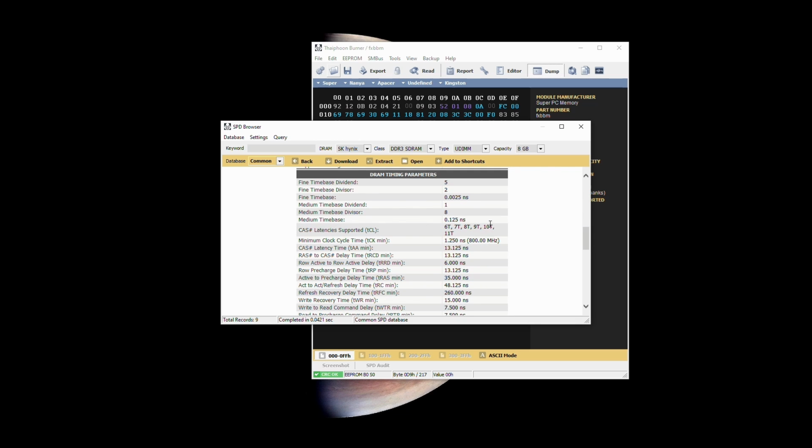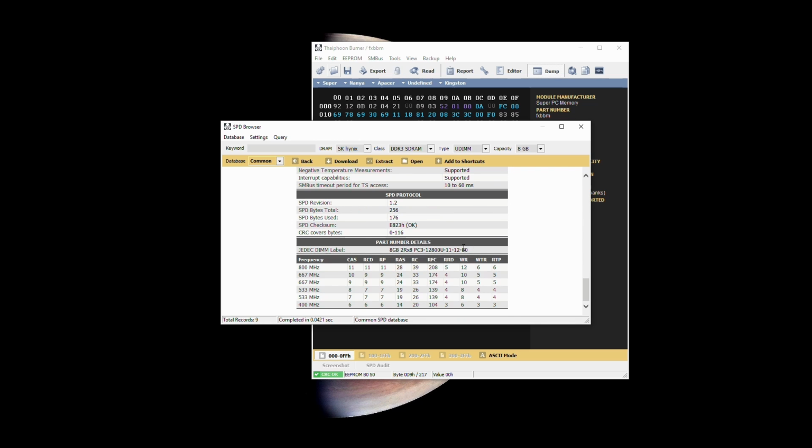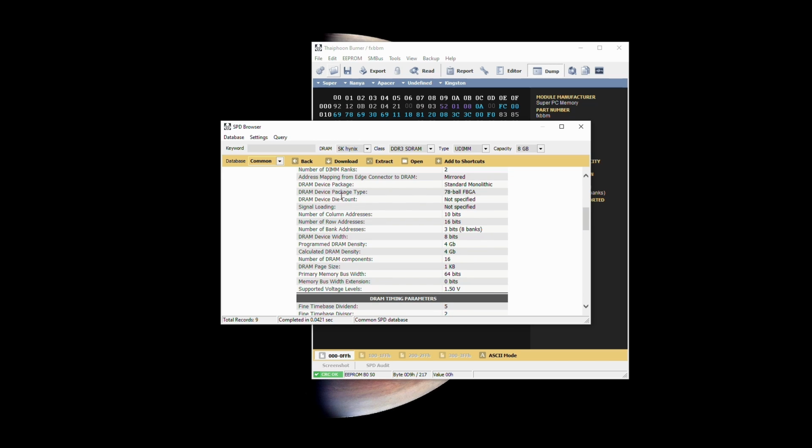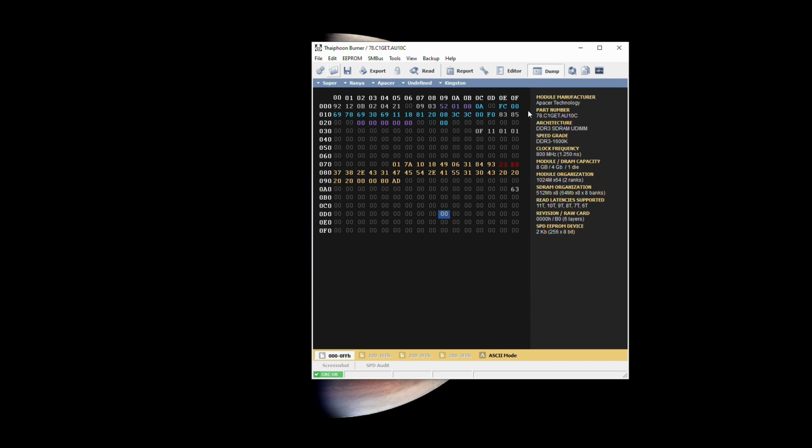So you get a human readable overview, but you can also have a look at it by clicking open, and now we have this SPD file from the parser that we just looked at. That's very useful, especially if you are unsure about certain bytes. Sometimes the documentation or your datasheet might be lacking, and in those instances it is super helpful to have a